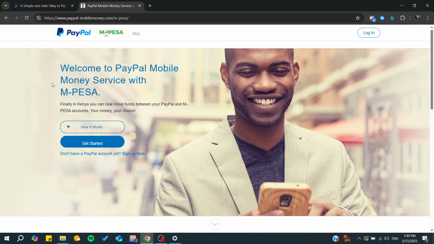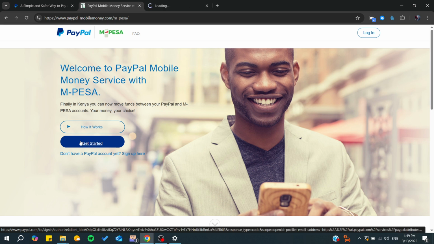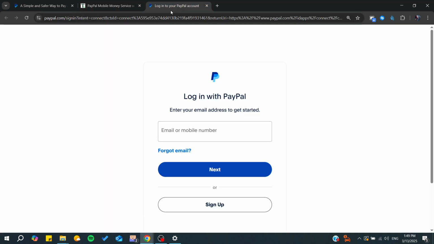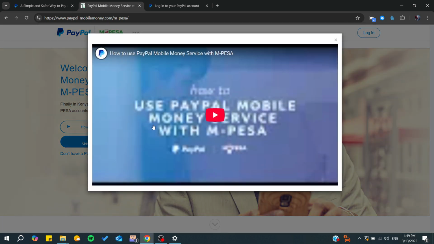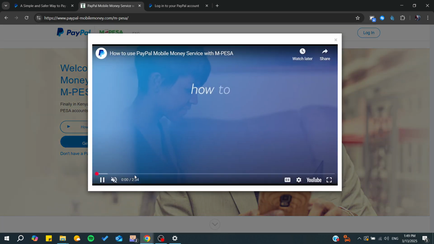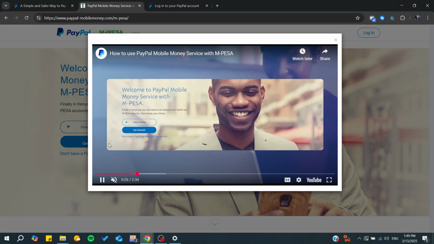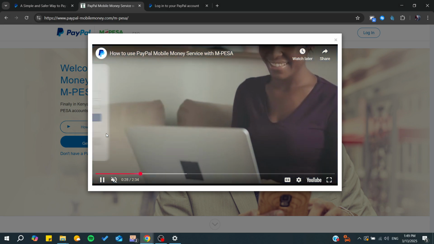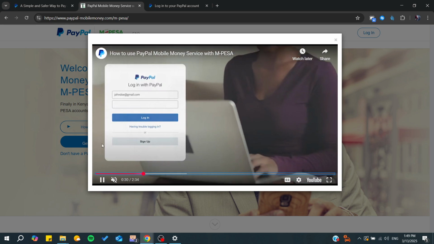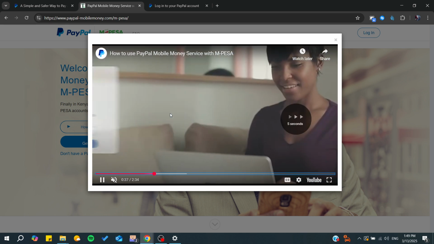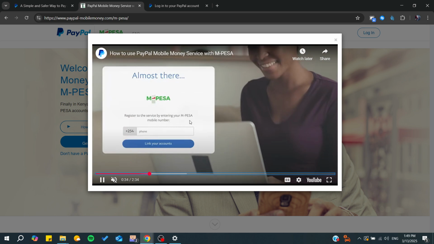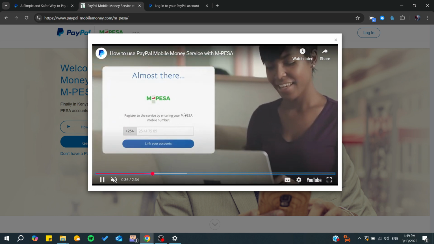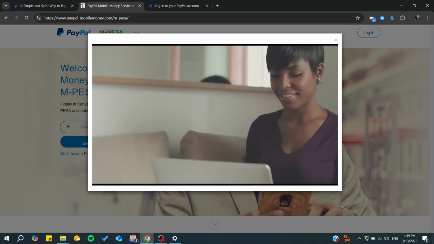So we can simply go and click get started, and by here it will take us where you can log in with your PayPal. So basically this is how it works. You will be needing just to go and click get started, and from there you will be needing to start adding your PayPal information. You will add your M-Pesa mobile phone number that you have, your M-Pesa logged in, and